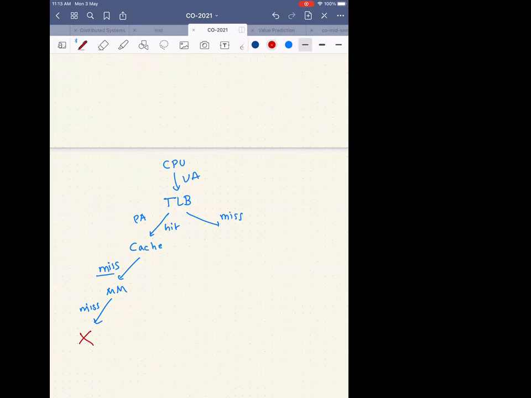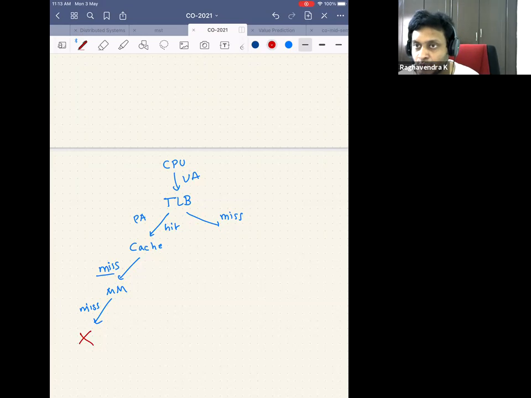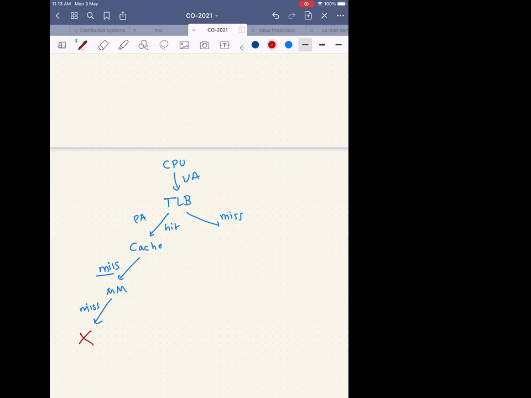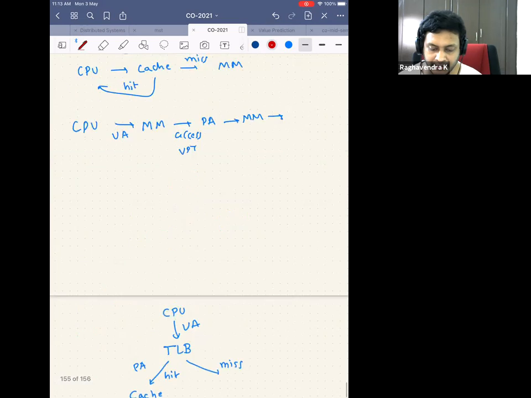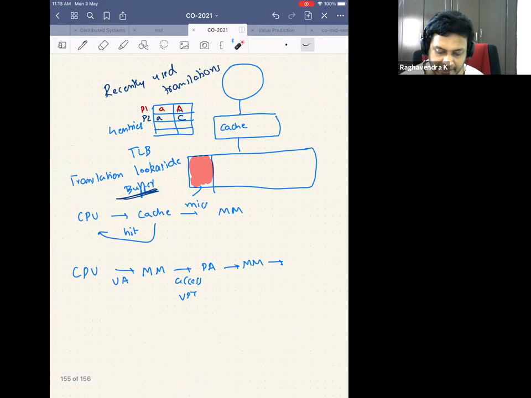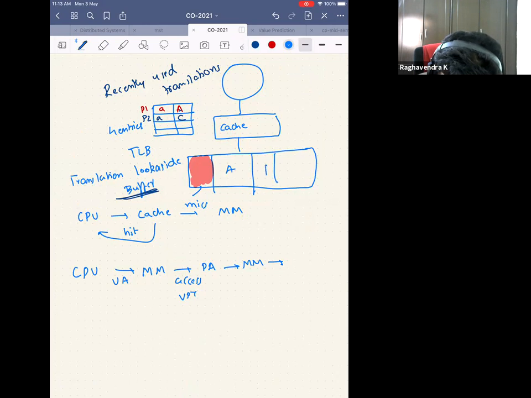So do we keep updating the TLB when something gets removed from the main memory? Yes, when a page gets replaced. See, if I don't update it, what will happen? Let's say I kick out a page from the main memory, maybe this page. Then what will happen? When the address is generated, there is no check. I will just go and read this. Let's say there was page A, page B, and page C.